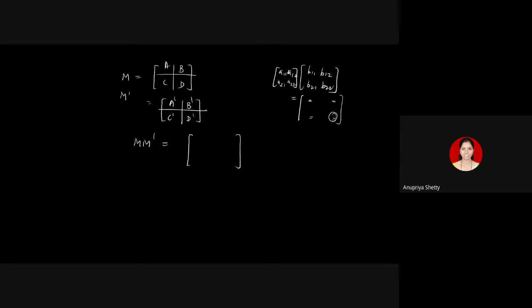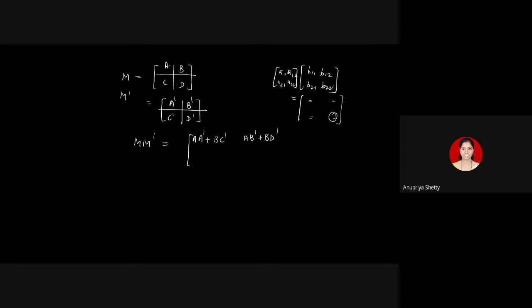where you should draw a bigger matrix. The first block is going to be equal to A into A dash plus B into C dash. And this 1/2th block would be A into B dash plus B into D dash. And this 2/1